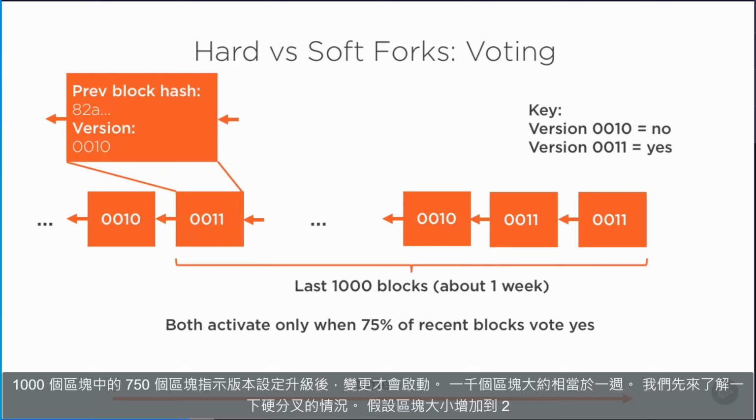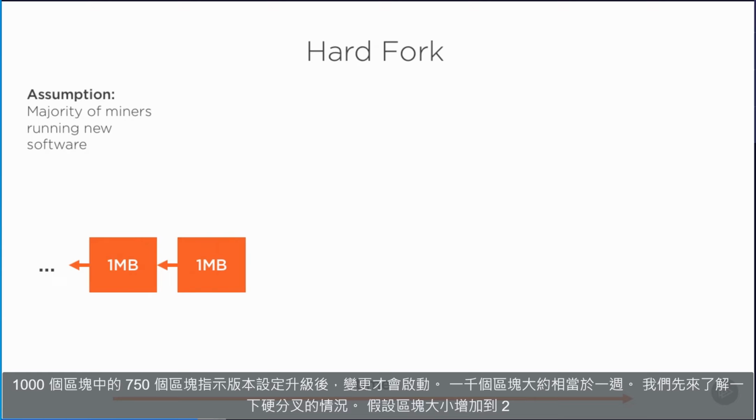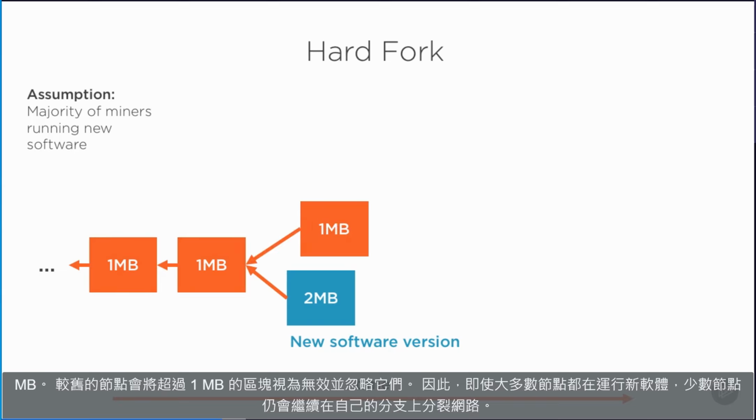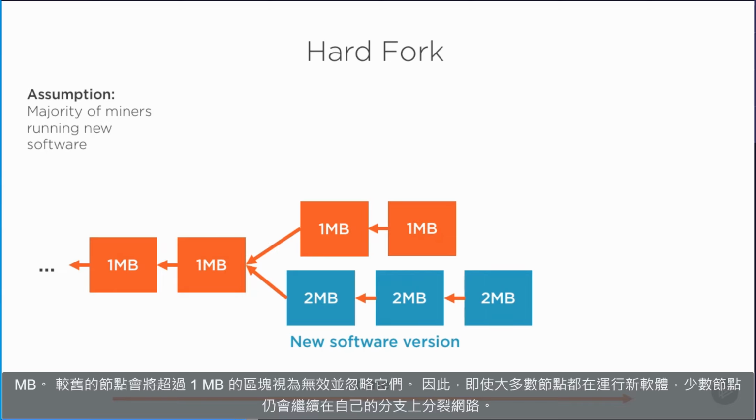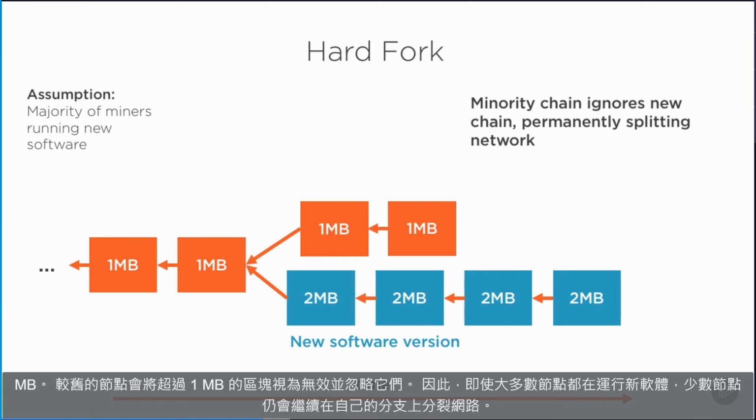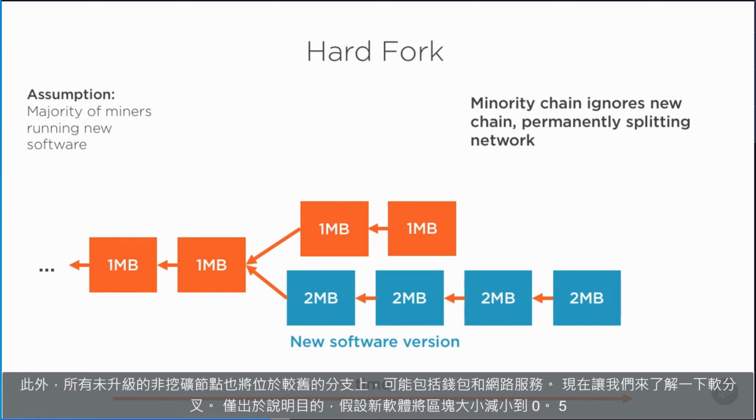1,000 blocks is about a week. We'll walk through the hard fork case first. Suppose the block size is increased to 2 megabytes. Older nodes would see blocks over 1 megabyte as invalid and ignore them. So even though a majority of nodes are running new software, the minority would continue on its own branch, splitting the network. Furthermore, all the non-mining nodes that don't upgrade will also be on the older branch, potentially including wallets